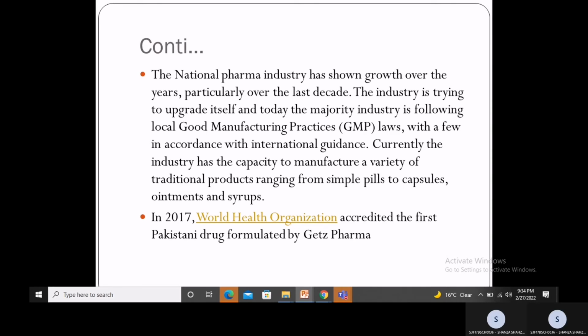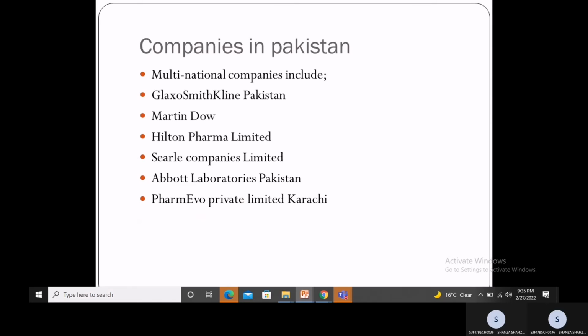Currently, the industry has the capacity to manufacture a variety of traditional products ranging from simple pills to capsules, ointments, and syrups. In 2017, the World Health Organization accredited the first Pakistani drug, formulated by Gates Pharma. Gates Pharma is the pharmaceutical company situated in Pakistan that was accredited by the World Health Organization for the very first time. In my next slide, I'm giving the names of some pharmaceutical companies present